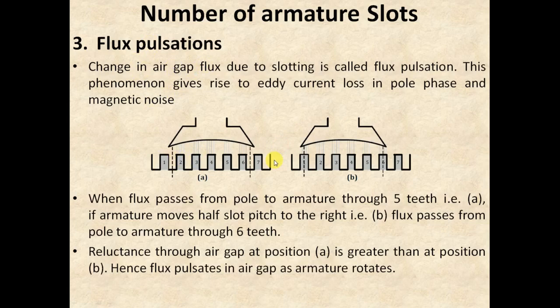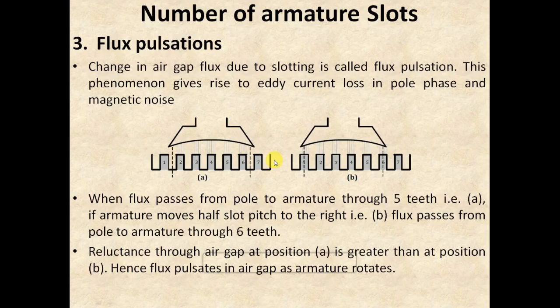Flux pulsations give rise to the problems of eddy current loss and magnetic noise. Both are unfavorable conditions. If the number of slots used in the machine is very large, then definitely the flux pulsations will be reduced, which further helps in the reduction of pole phase losses, that is eddy current losses, and the noise